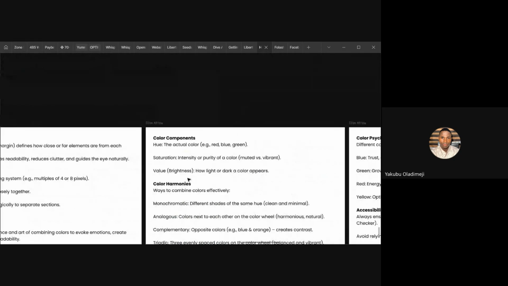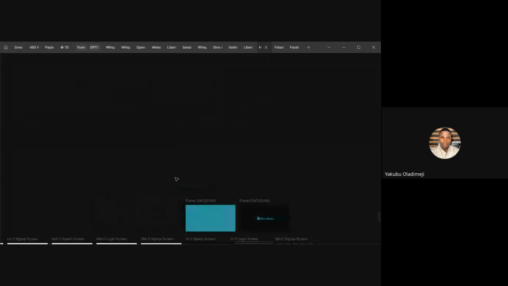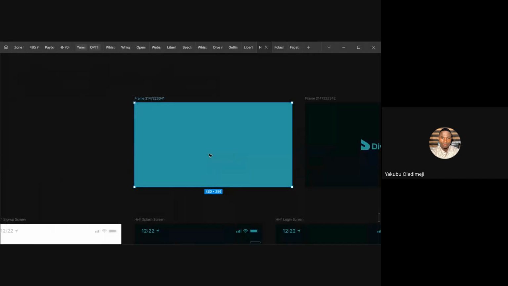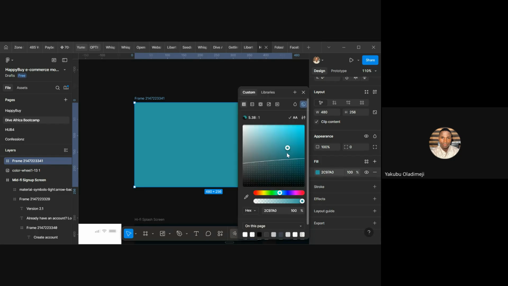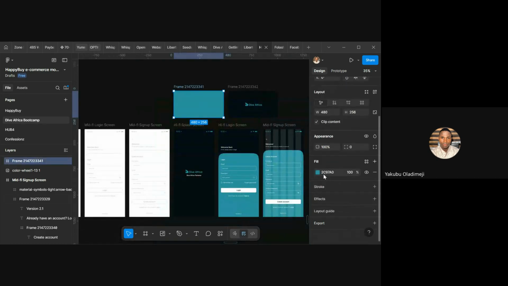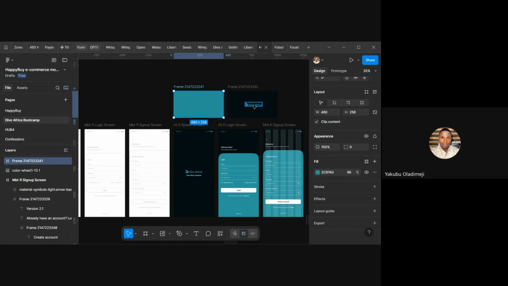Let's say this is our color here. So these are the different shades of this color here. But if it's analogous, this analogous here. So we can have